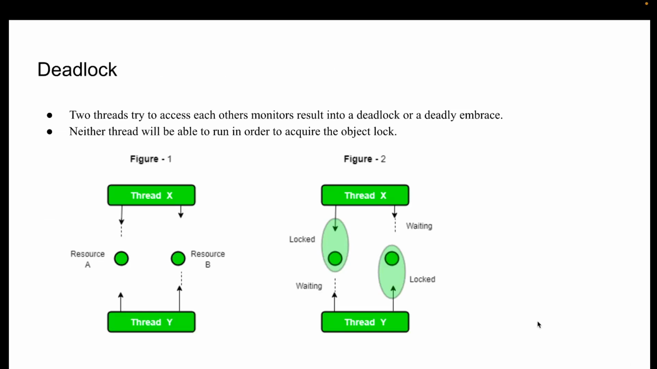What is basically a deadlock? Deadlock is also one of the classic questions you might be asked. A deadlock is a situation where two threads try to access each other's monitors, resulting in a deadlock or a deadly embrace. When there are two threads, thread X and thread Y, and they are trying to access the same resource,